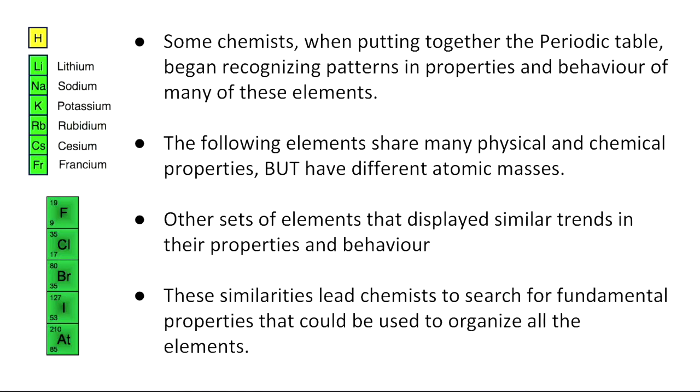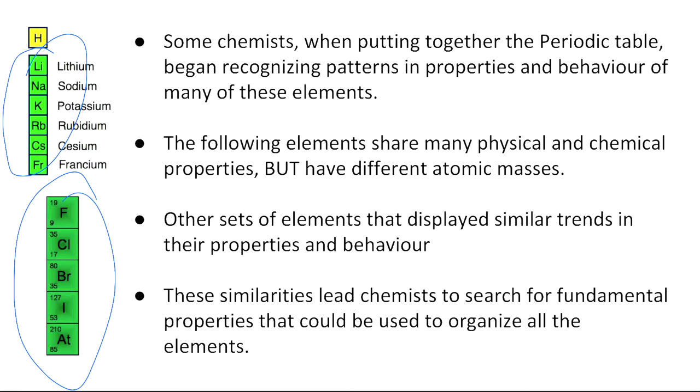So, some chemists, when putting together the periodic table, began recognizing patterns in properties and behavior of many of these elements. The following elements share many physical and chemical properties, but have different atomic masses. What I've included here are the alkali metals over on this side and the halogens on this side. If you look at the periodic table, they are organized by similar properties and behavior of elements. Other sets of elements that display similar trends include the noble gases and the